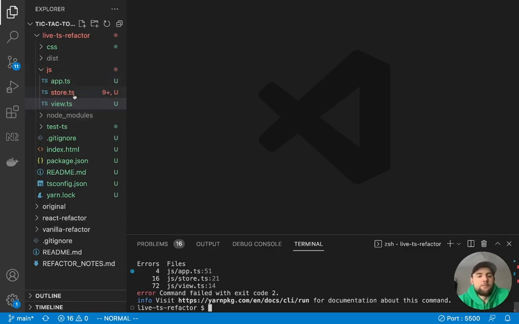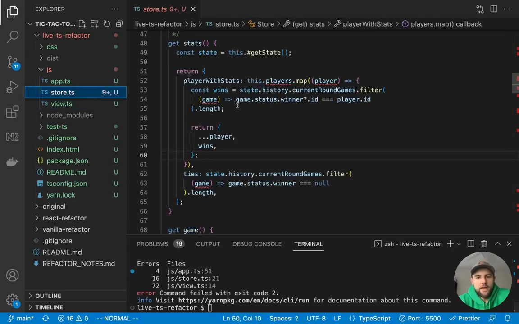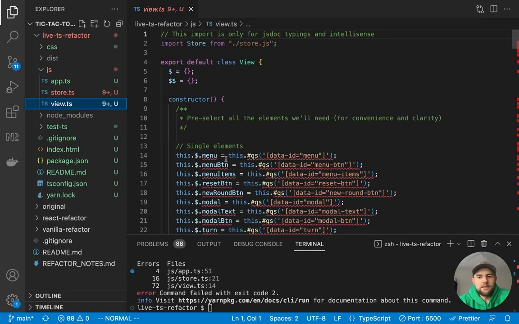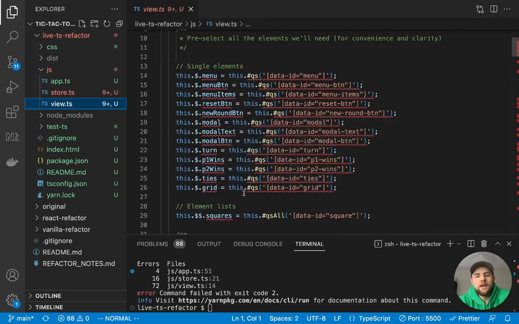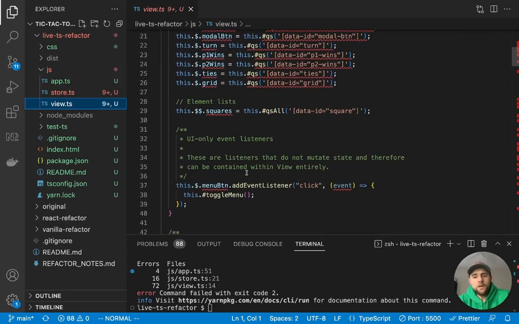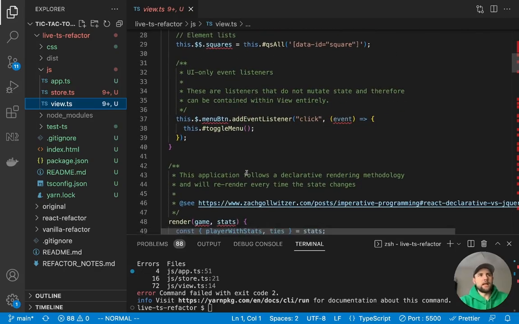And that's a good thing. That's what you want. But when we first start out and everything has these red squiggly underlines and TypeScript is really mad at us, it's not so fun. But I'm going to work through this. It's not as intimidating as you'll think. And we'll get this thing worked out shortly.